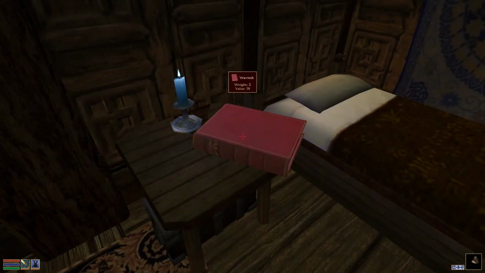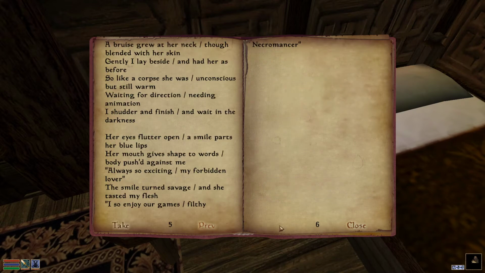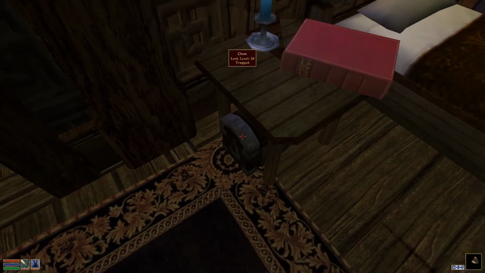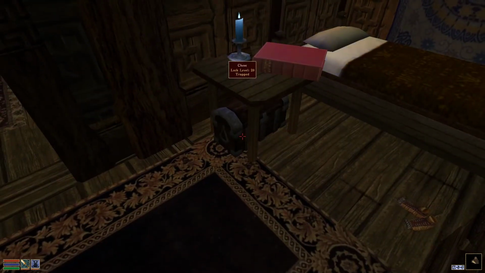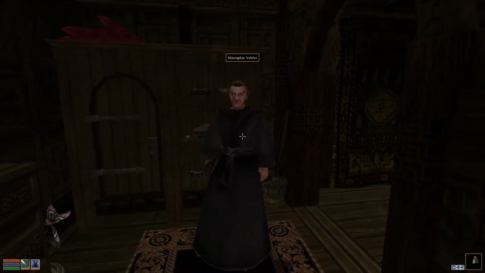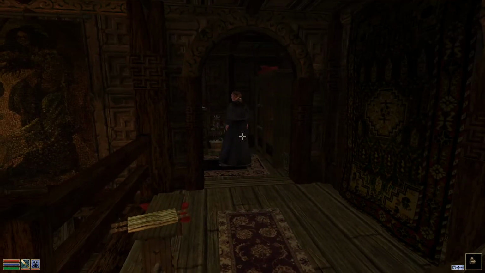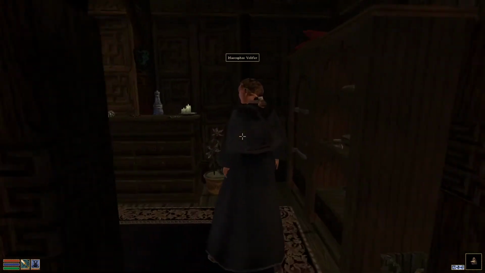Lots of expensive stuff. Warmth. What is this? This is like a poem. Huh. There's a trapped and locked chest under his table. So if he is a sort of nasty necromancer, there might be something in there. Do I have a lockpick on me? Yeah. I'm not opposed to trying to...